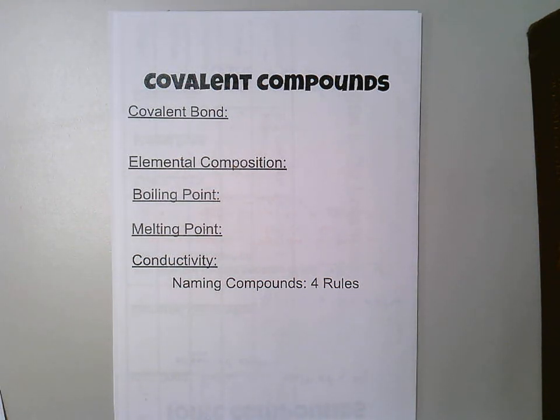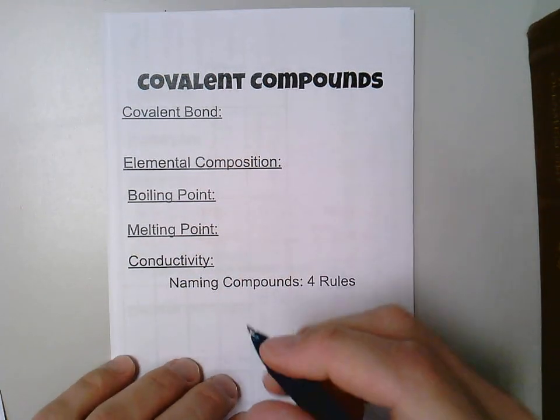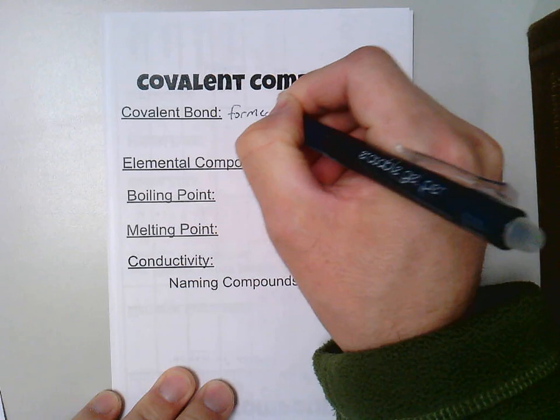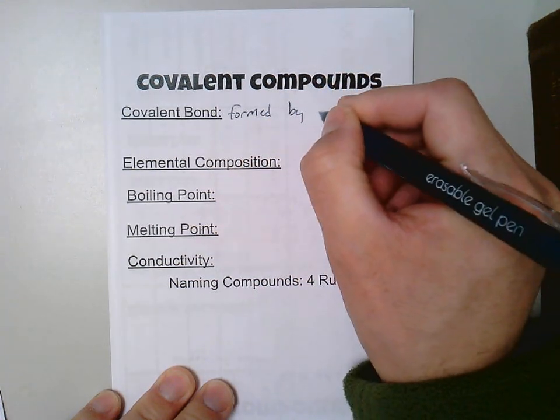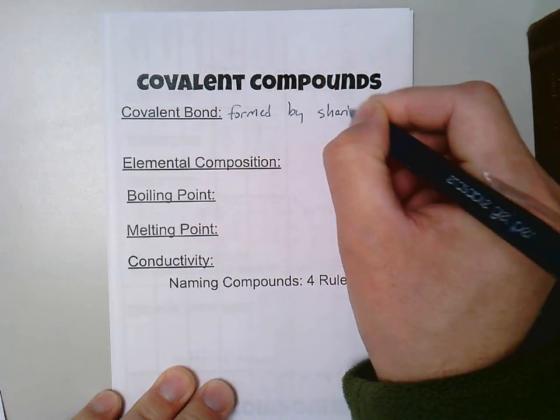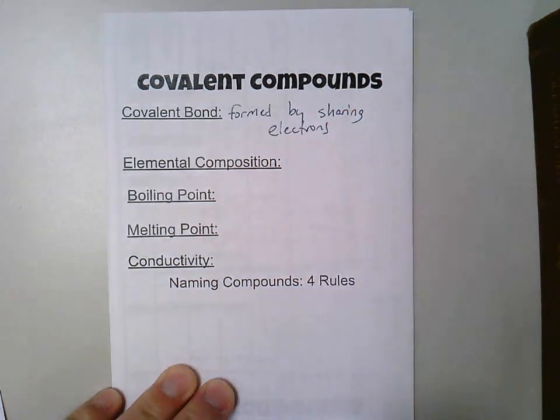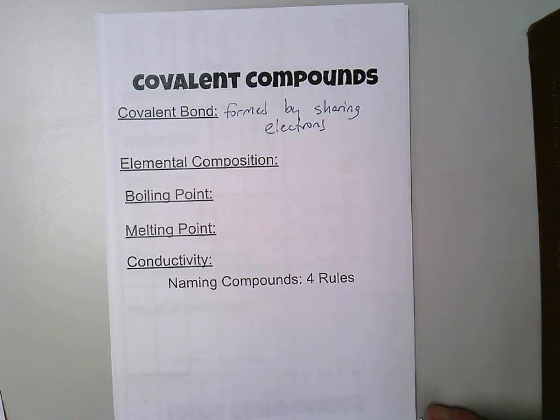So this time around we're going to be talking about covalent compounds and covalent bonds. A covalent bond is formed by sharing of electrons. And we'll be able to draw this in a little bit, maybe give you a better visual, but instead